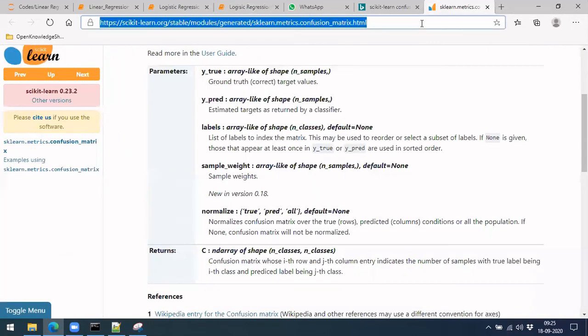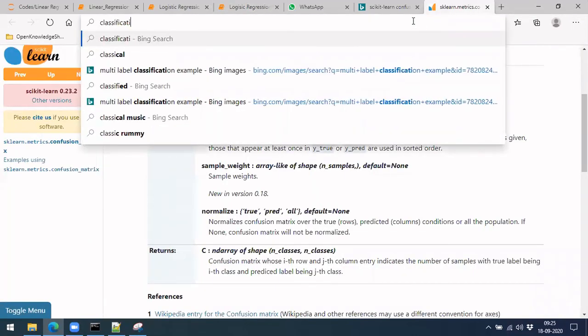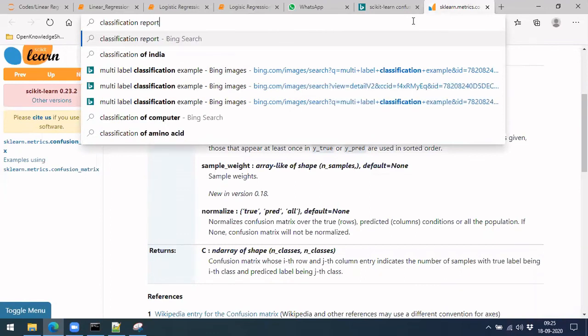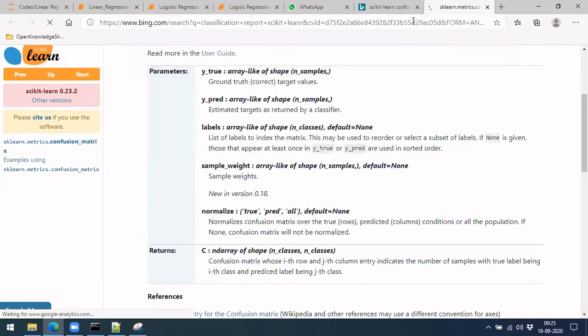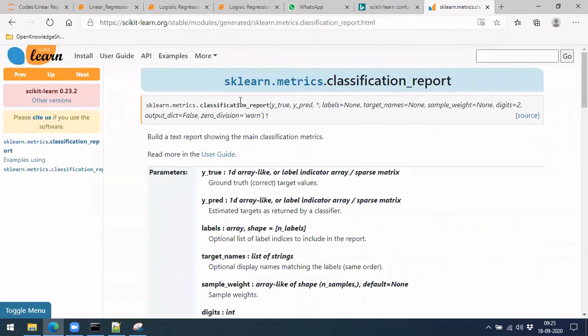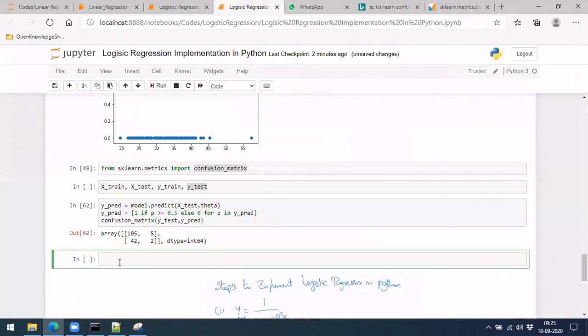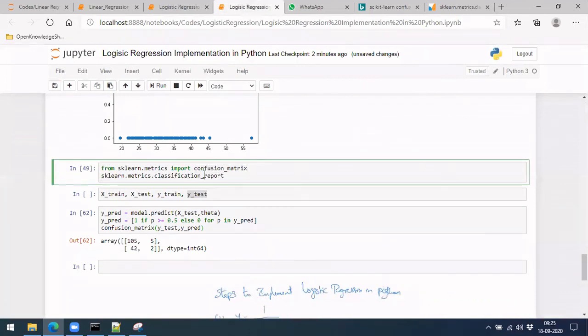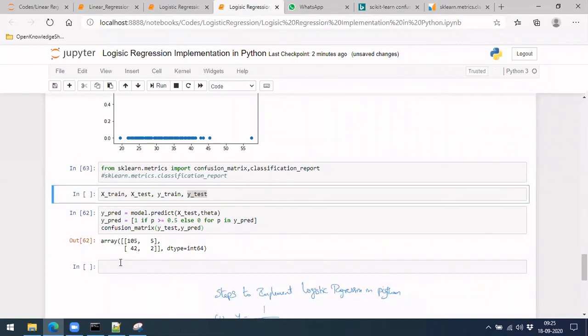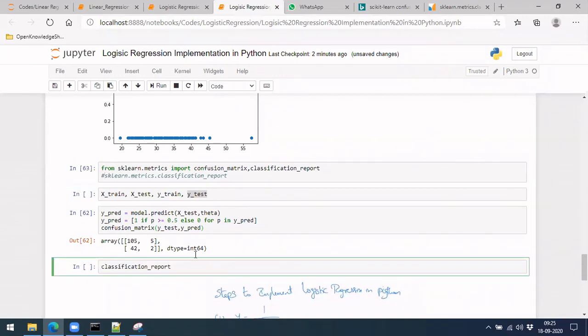For that, instead of computing it ourselves, there is something like a classification report, where all these things will be directly computed by itself, so we don't have to worry about any of those. So let me do that. Let me import that as well here. Okay, so I have imported it. For using it, it's the same thing, we have to give these two, and it will be giving those values. So let's see what it has given.